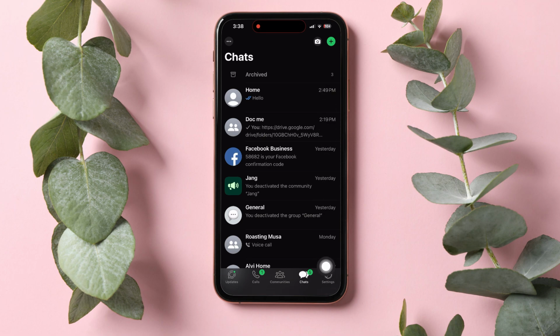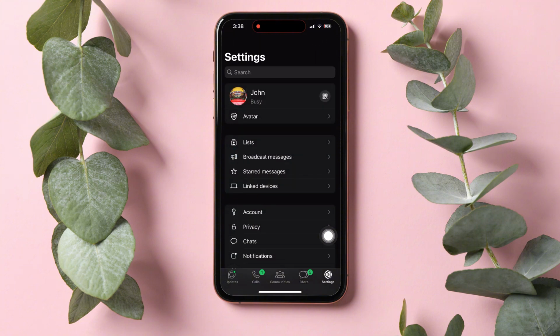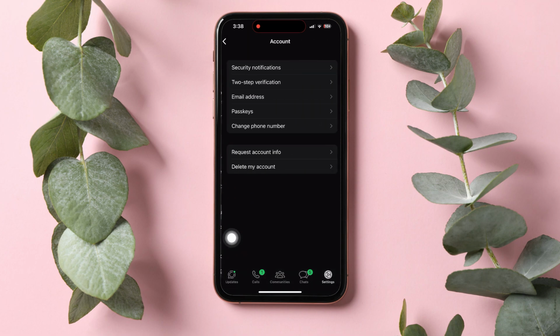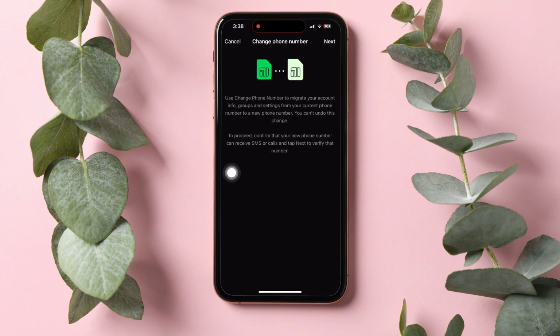On this page, go to the bottom right corner and tap on Settings. Once you're here in the Settings page, you need to go over to Account. Then, tap on Change Phone Number from the options. You can use Change Phone Number to migrate your account info, groups, and settings from your current phone number to